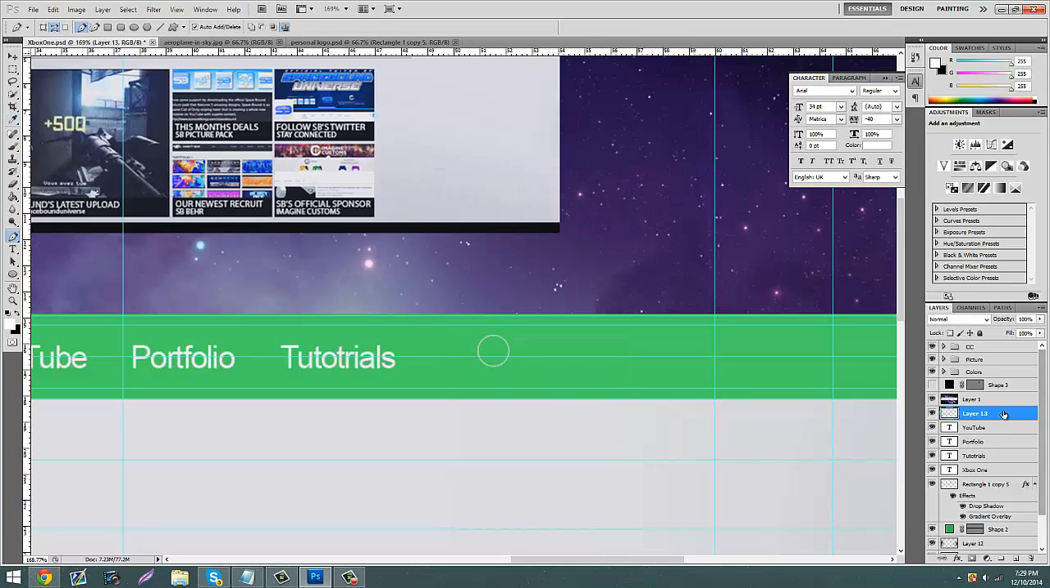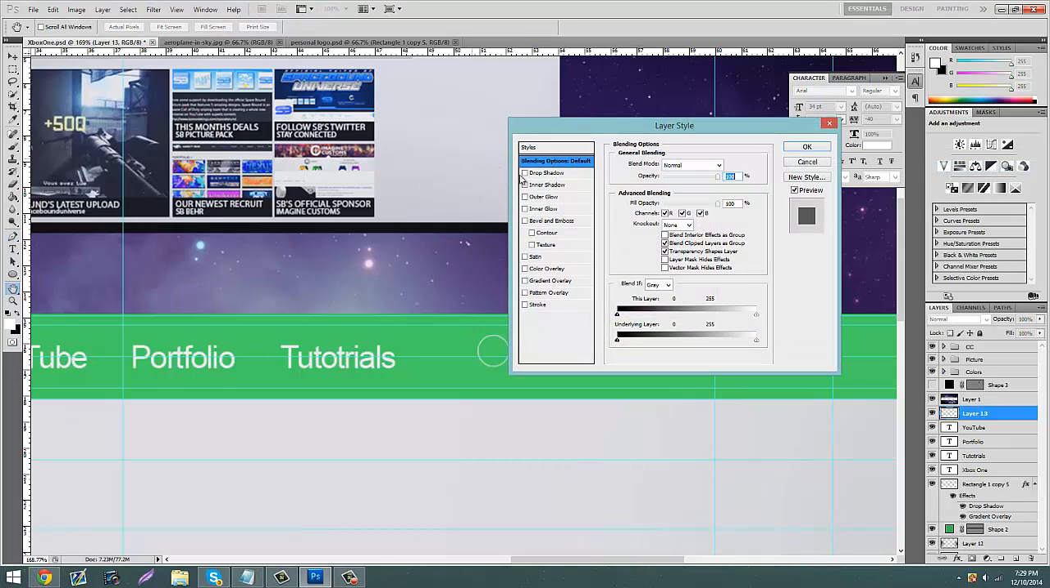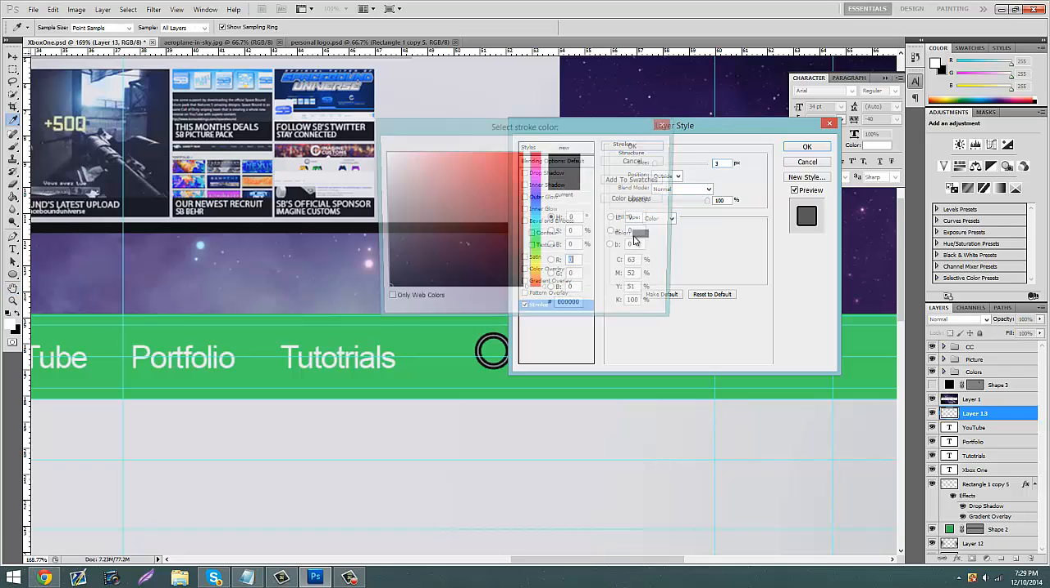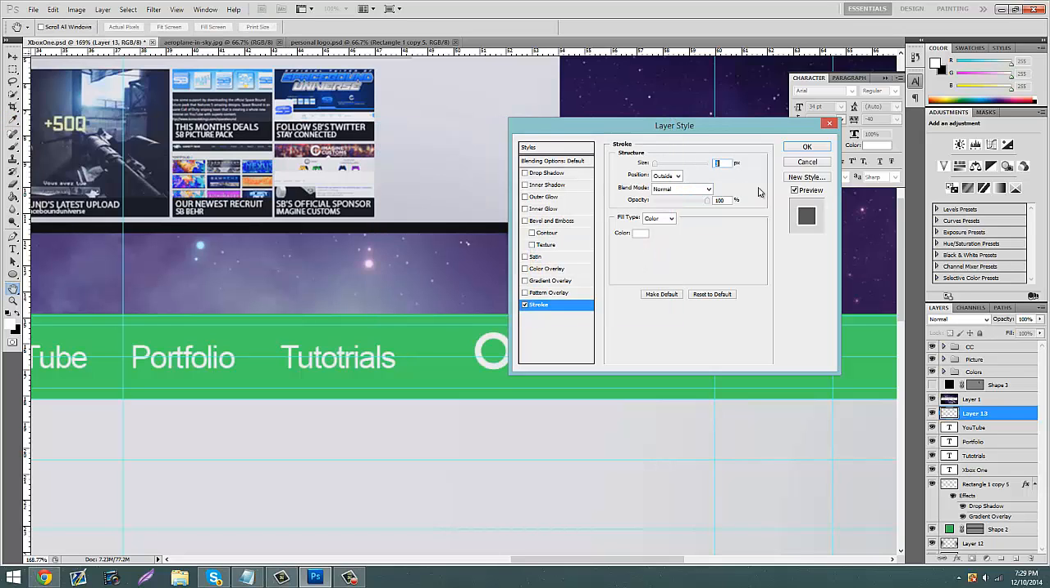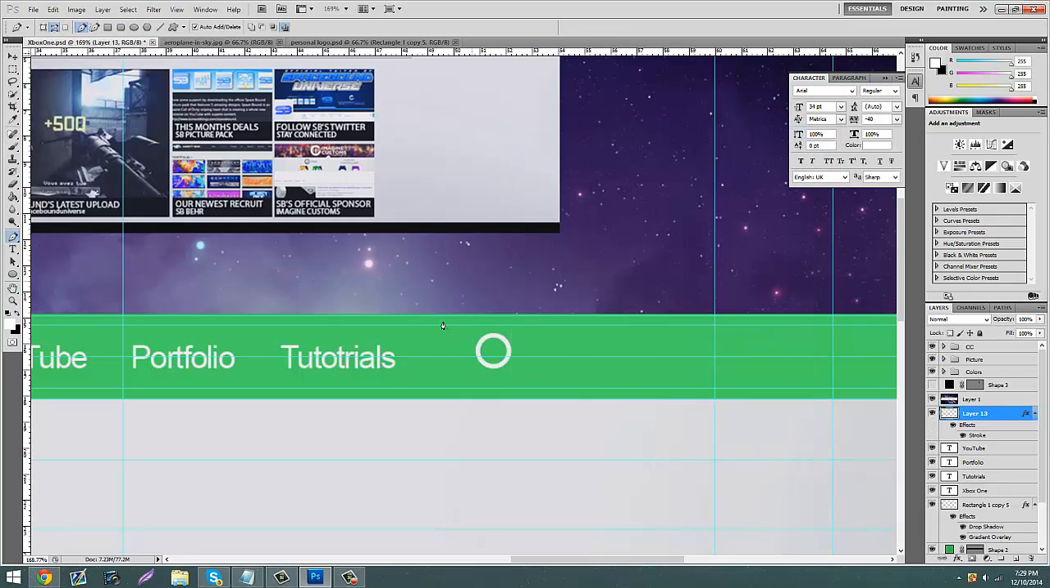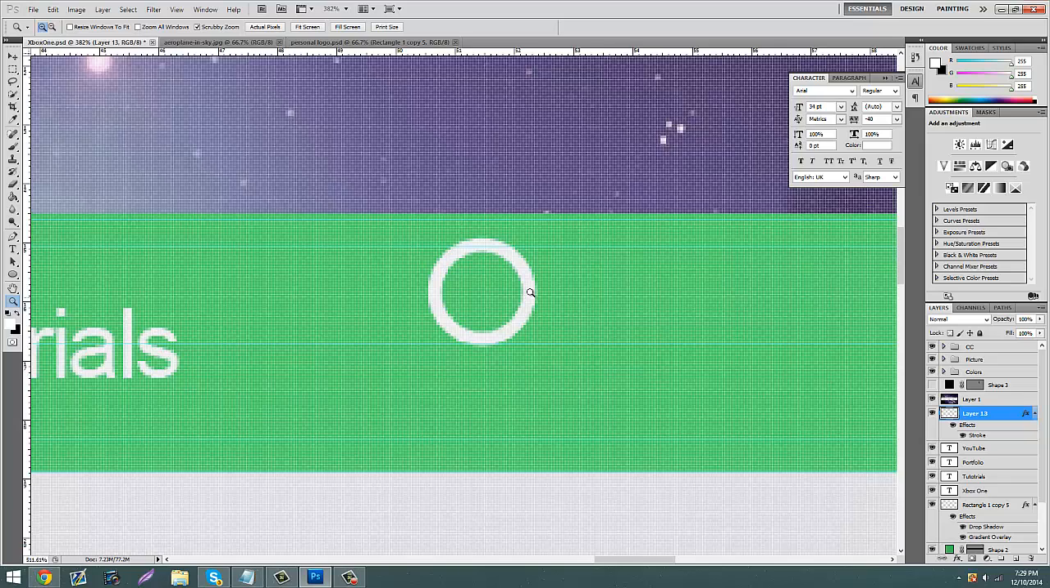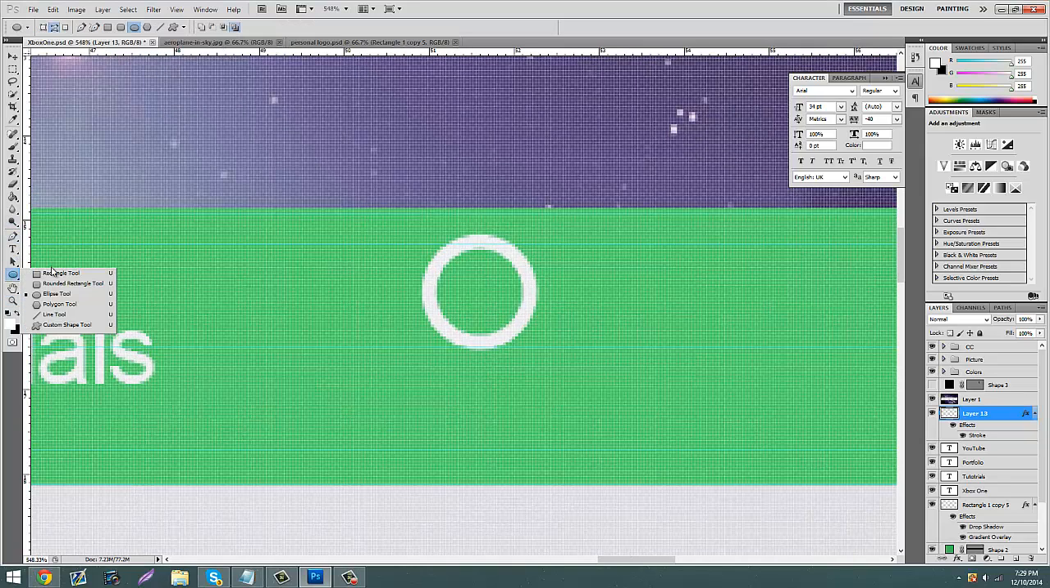So now that we have that, we're going to go back to the layer, right click, go to blending options, go to stroke, and make sure it's on white. And then go to like 2 or 1, probably 2. And then using a right click, delete path if it's still there. Next we're going to have to add the rectangle, so just zoom in a little bit, click the rectangle tool, put it in the middle,